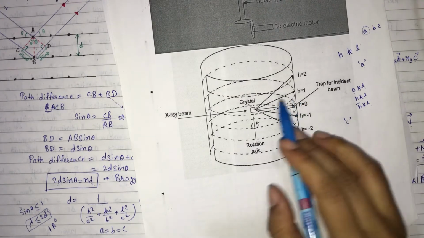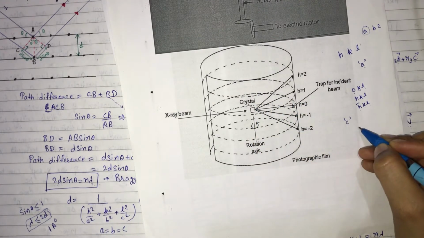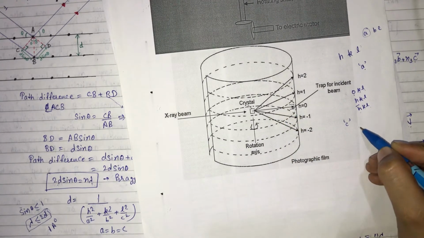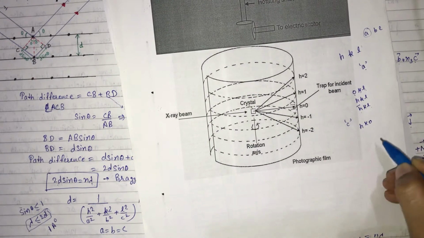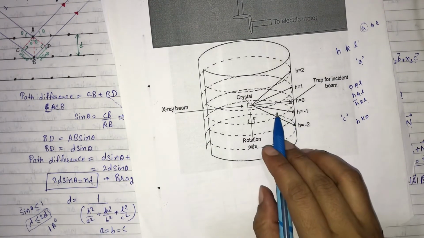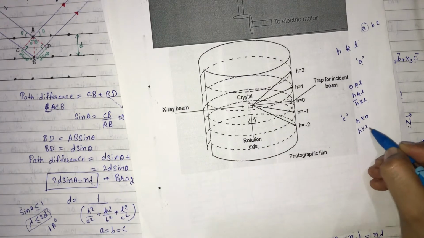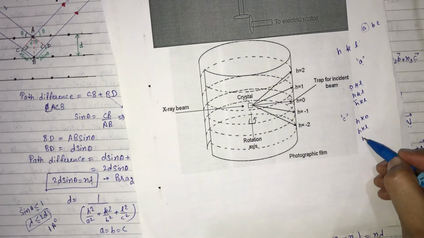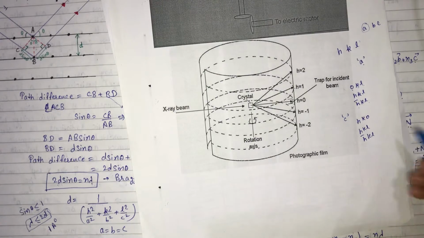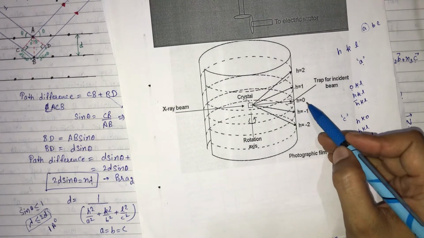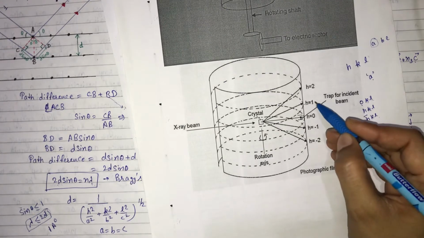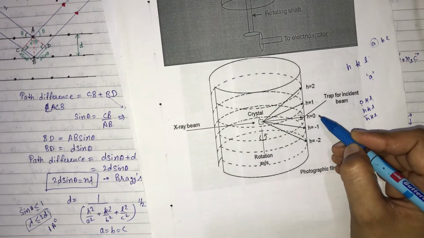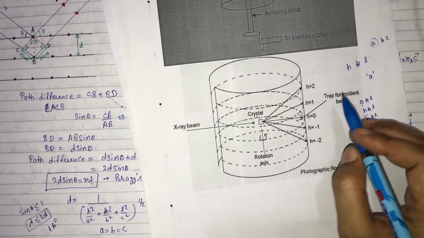Clear? Let's suppose we have made the C axis coincide with the rotation axis. Then in that case, at this position we get the diffraction pattern for plane HK0, and the diffraction pattern for HKL is above this 0 layer, and the diffraction pattern for H bar KL is below this 0 layer. Clear? So now the distance between these layers indicates the lattice points located along that crystallographic axis.